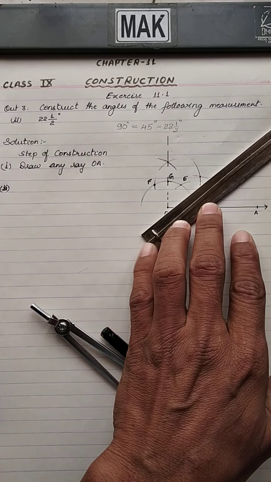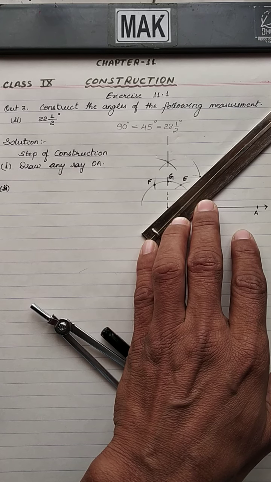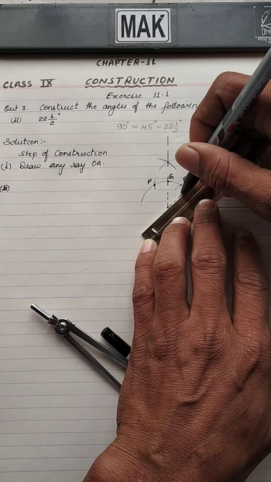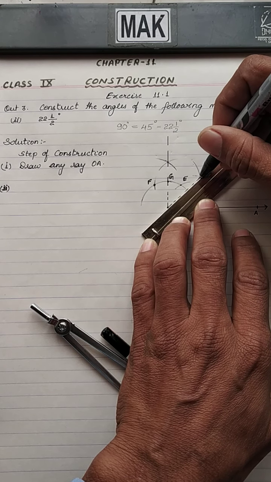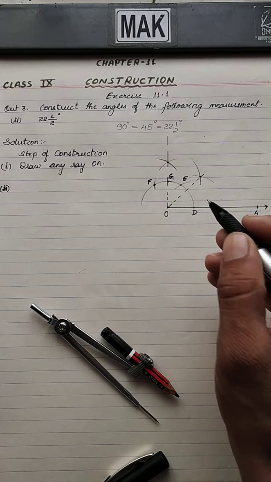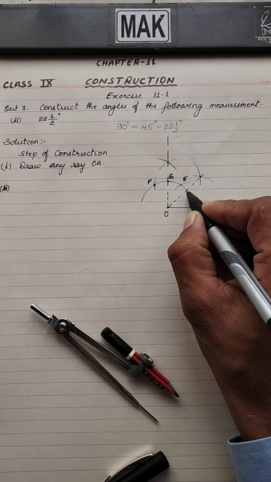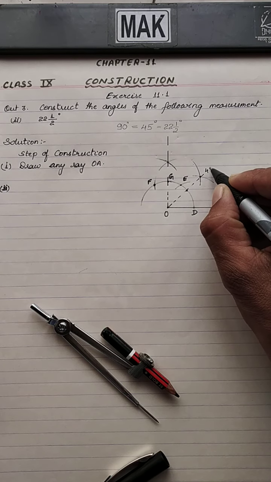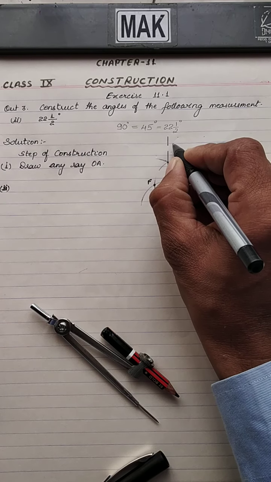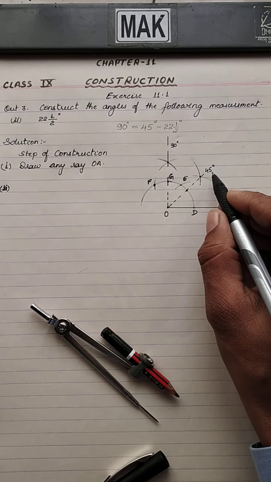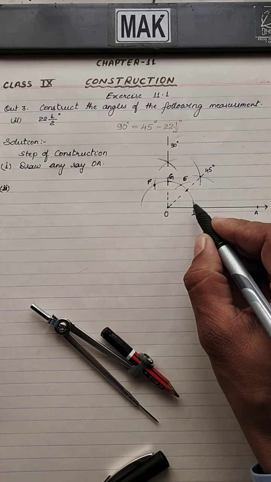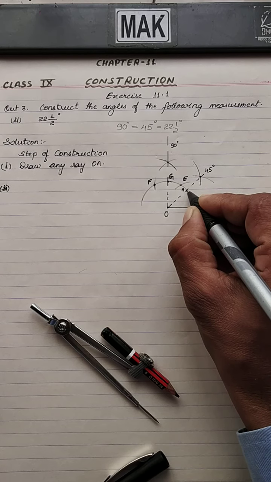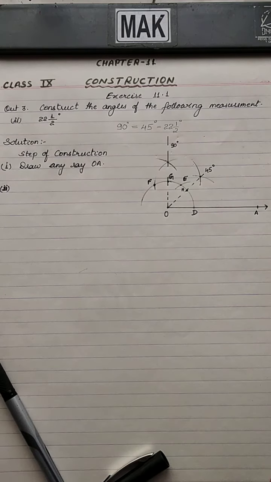From this point we will take another point, which is our 45-degree dotted line. This 45-degree line is bisecting the old arc at this point. This line is the 45-degree line. This line is the 90-degree line. Now we have to draw a bisector of this 45-degree angle. So I am going to name this point H, and I am going to draw the bisector of H and D.